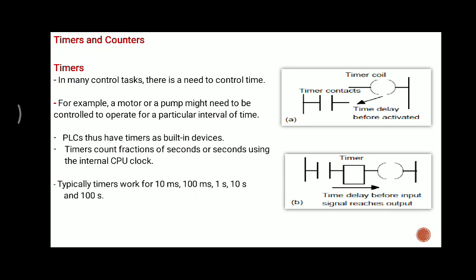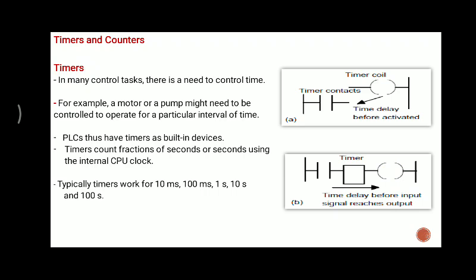So how does it exactly work? Once there is input, the timer goes on activating. Suppose this timer is set for 100 microseconds. It will wait for 100 microseconds, and as it got the supply from input A, after 100 microseconds this output will energize.